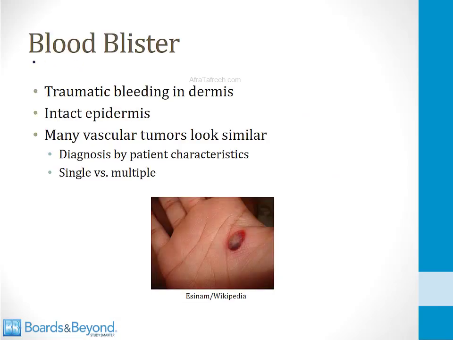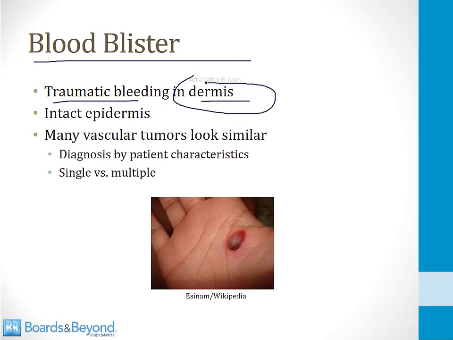Let's start by talking about a blood blister. Many of you have probably had a blood blister. It's caused by traumatic bleeding in the dermis. Remember, the blood vessels in the skin are found in the dermis, not the epidermis, so when there is bleeding, it is going to come from the dermis. And the reason a blister forms is because the epidermis remains intact. So what you get is like what's shown on the screen here, with a collection of blood underneath the intact